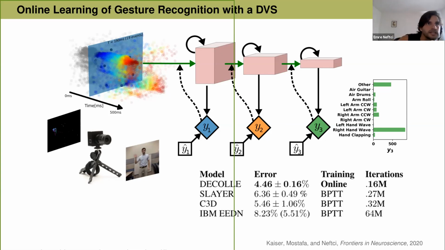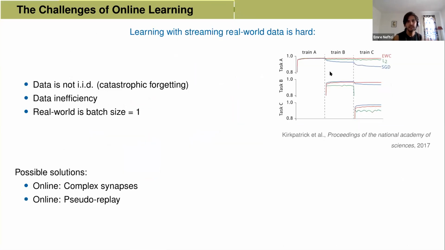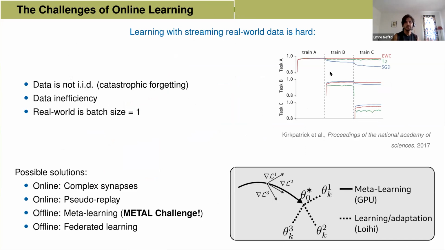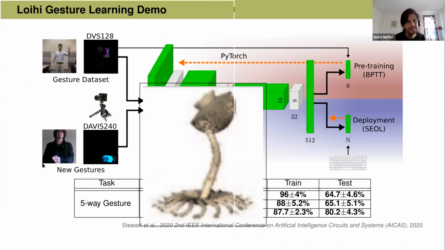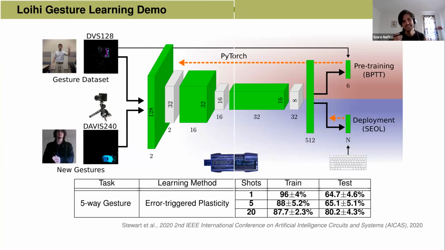How does all this relate to self-supervised learning? Oh, yeah. I would say that they're different things. I think self-supervised learning is very important here because in practice, if you look at this example that I was showing with the Loihi at the end here, you see, actually, my student, you don't see his right hand because he's actually pressing on the keyboard while he's training this. So the labels were provided externally. I think this is completely compatible with